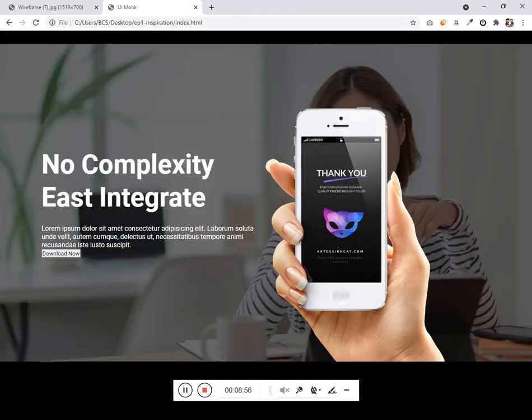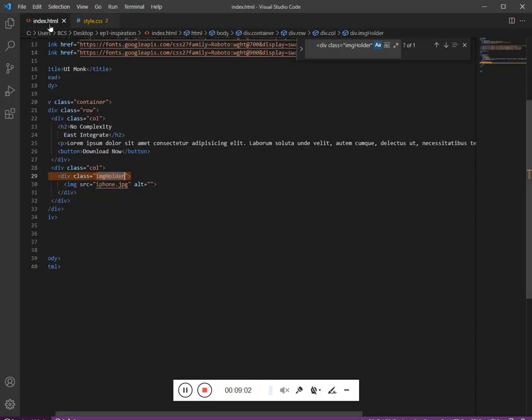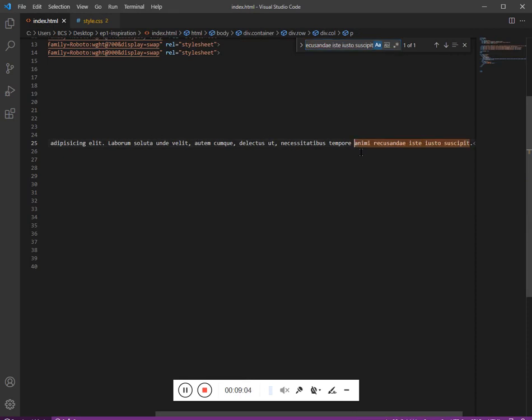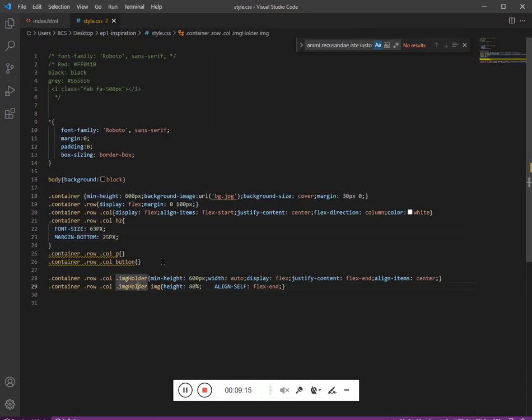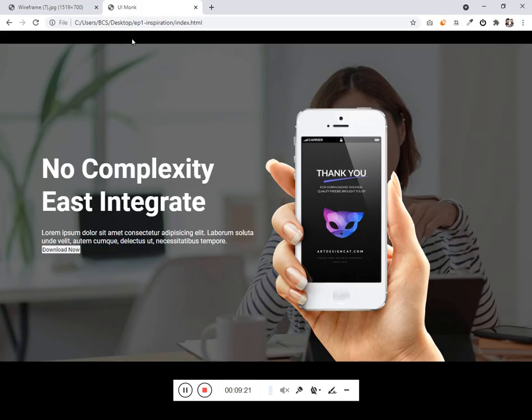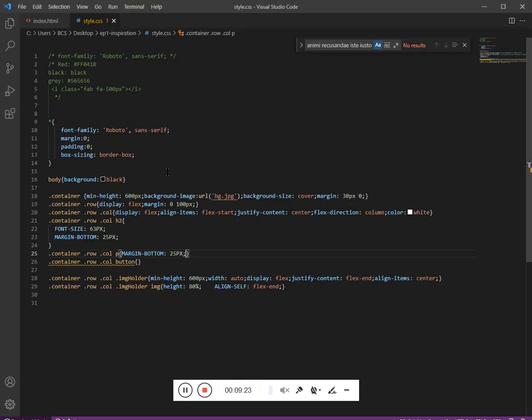And now we just need 2 lines, so let me remove these. And let's add a margin to this as well. And refresh this, and opacity 0.7.